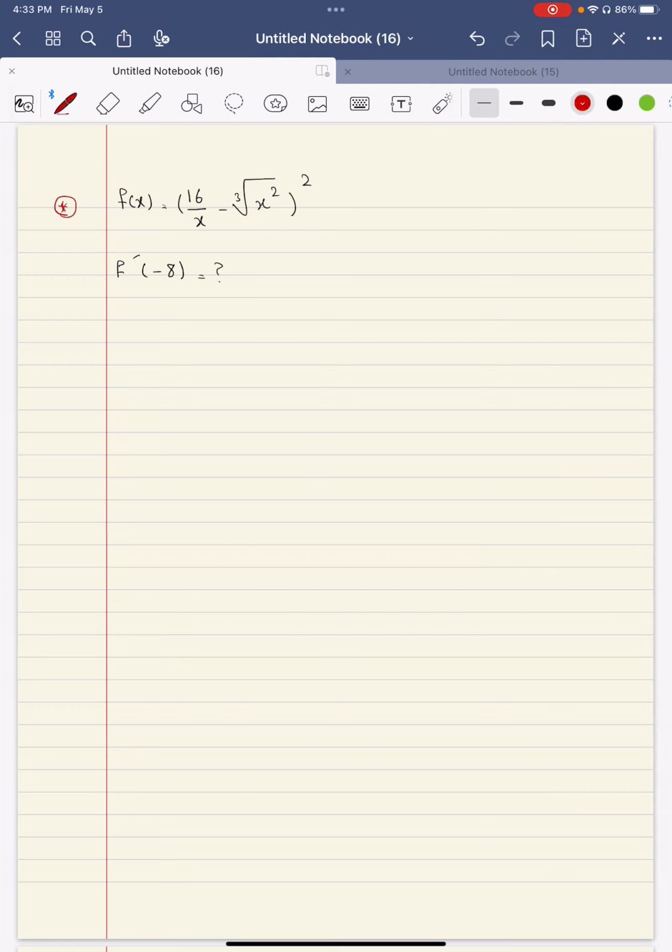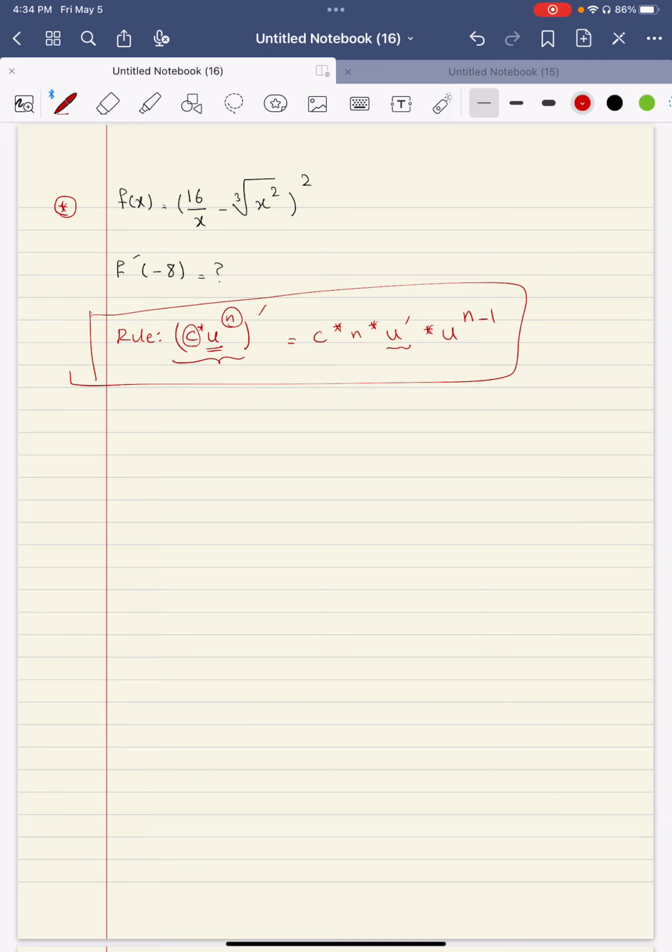So if you remember, we used to have several different rules. In one of the videos I introduced them, and one of those rules in derivatives was (c times u to the power of n) prime, or derivative of this value. This is constant, n is constant as well, and u is a function. This would be c times n times u prime, or derivative of u, times u to the power of n minus 1. You have to memorize this rule for this question, and also another rule that we are going to use is